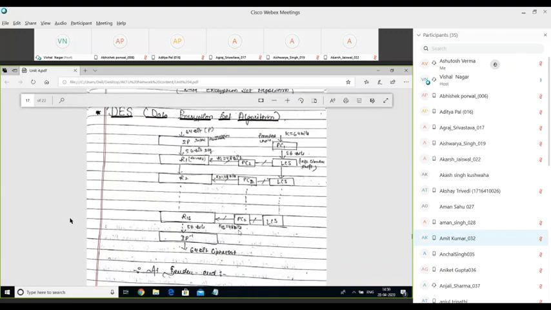Every time we form a different key for different rounds with the help of this process: LCS, left circular shift, then PC2, again left circular shift, and PC2, and like this, and finally LCS and PC2, and we will get K16. So every time we apply left circular shift and permuted choice to get the keys for each round of DES.